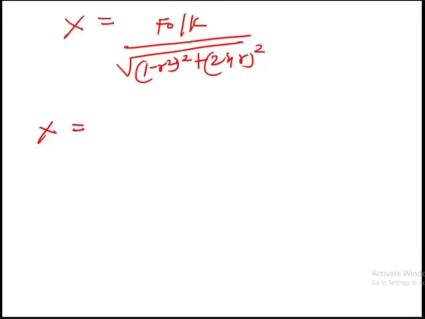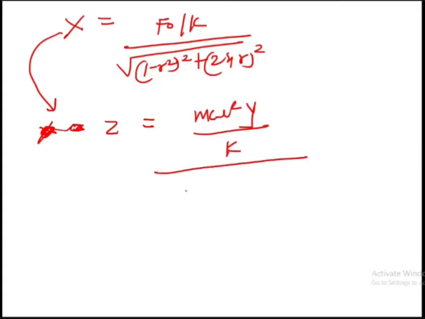Now, therefore, what is f0? In this case, instead of x, I have to write z. Why do you have to write z? Because x is the absolute amplitude, but I want a relative amplitude. So instead of x, I am replacing it with z. You can directly replace. So z is nothing but the relative amplitude. What is f0? F0 is m omega square capital Y divided by k, and divided by this square root term as it is.